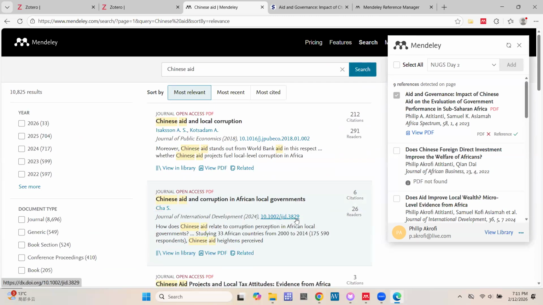So that's how you go about using it. If I want to gather good papers on a particular theme I'm working on, the keyword may be good. But if you want to find a particular article, then you can go with the DOI or PMID or any of those identifiers.